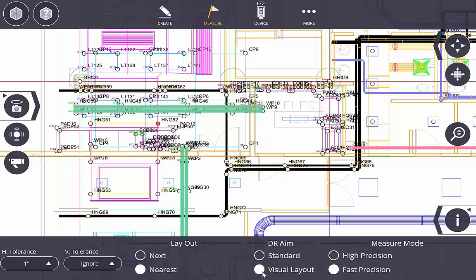And then as far as measure mode goes, you've got high precision and fast precision. They are both very precise, thus the name. High precision takes about a 3-second minimum long shot. A lot of people like to use this for their control points. Fast precision takes about a 1-second long shot. It's faster. Neither one is more precise than the other, although with the high precision one, people like to use that for the control points